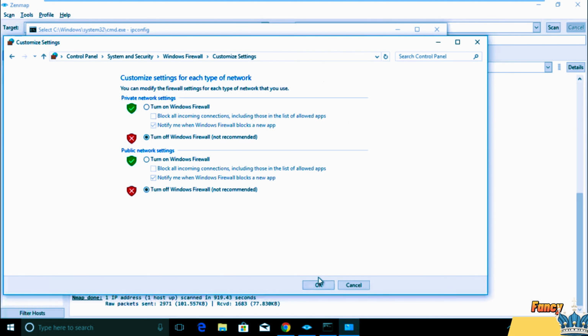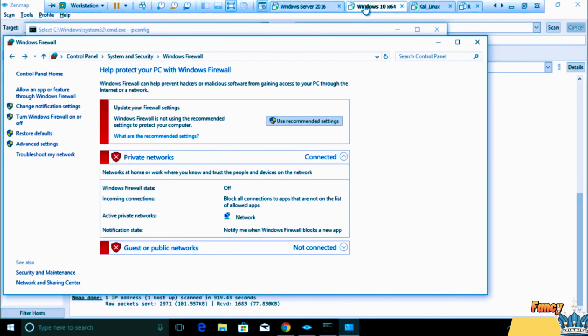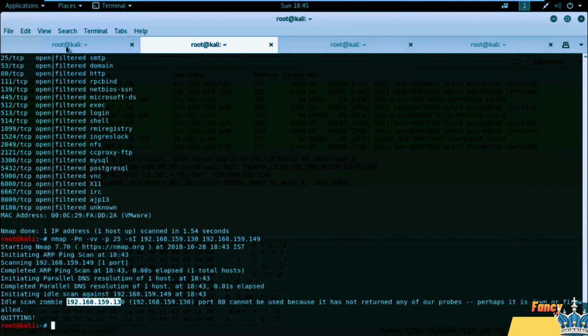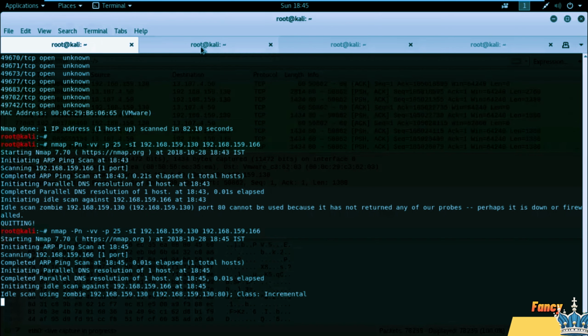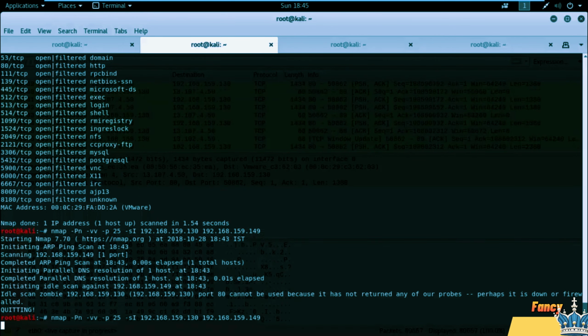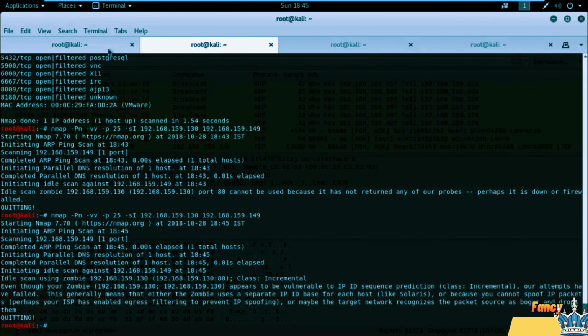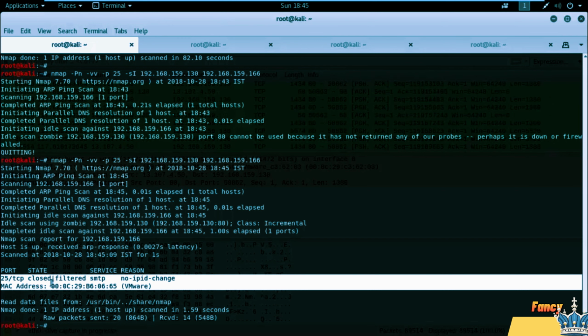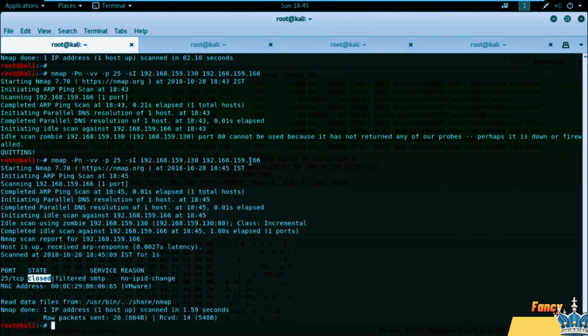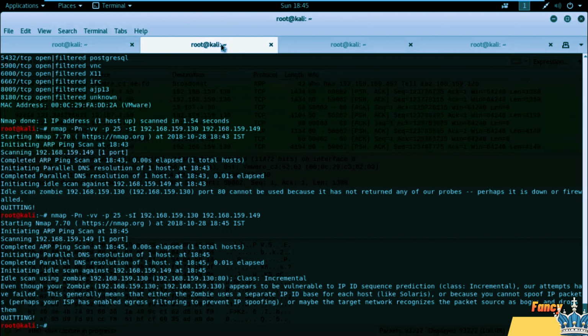I will disable the firewall on it and go to the Kali Linux operating system again and run this command. So now you can see I am able to gather some information about the target device, and port number 25 is open already. Closed for 166, and you can see